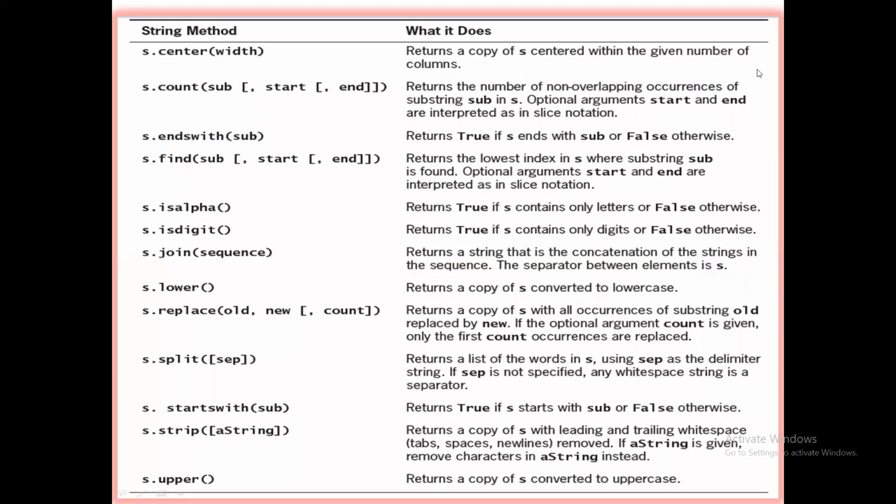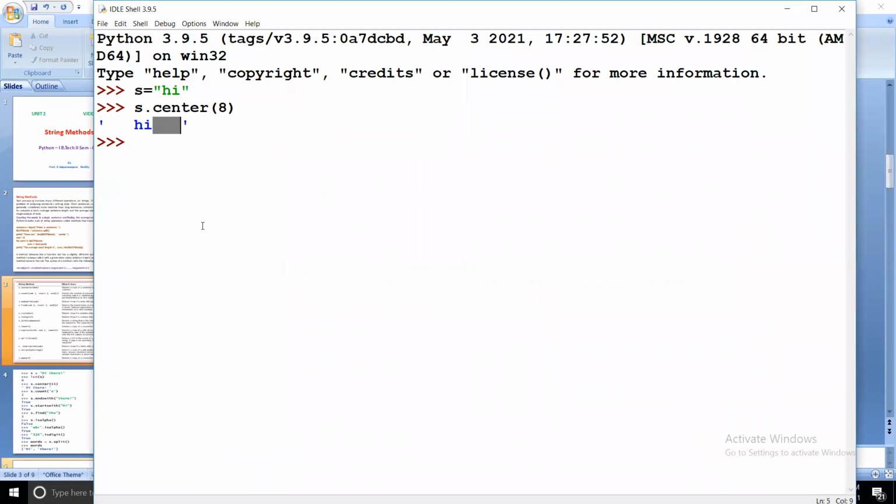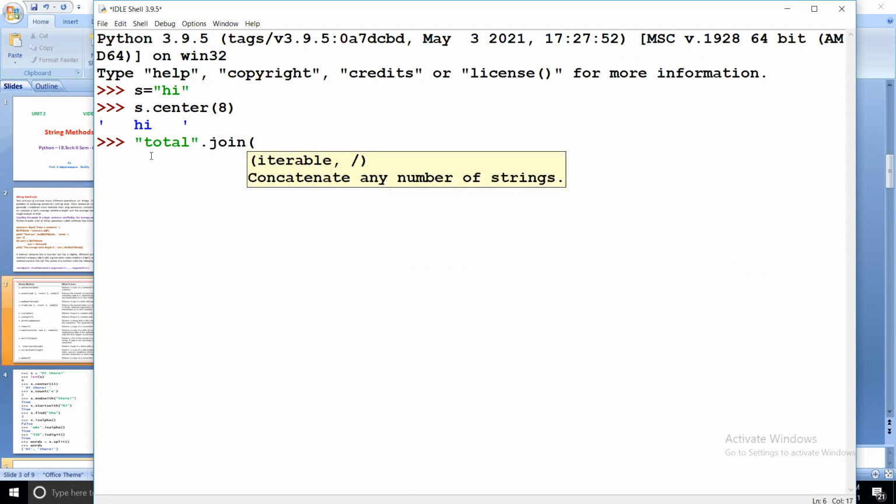Let me go back to the IDLE. Suppose I am using this total dot join of my comma is.